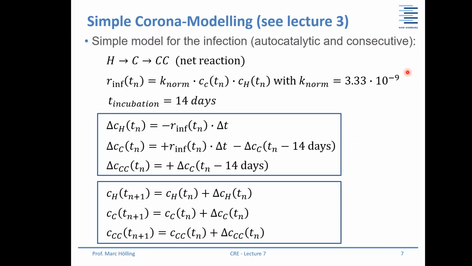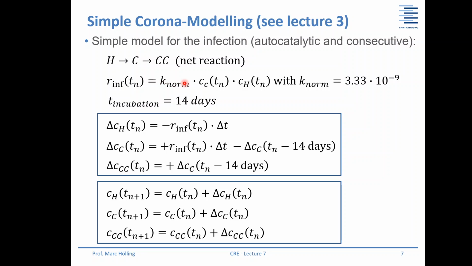And then in the last lecture, in lecture 3, I just showed you how you can model this. Okay, you have the healthy people. Healthy people can become corona cases. So corona means C. Then they can also infect other people. And after a while, they can become closed cases. So this is, for autocatalytic, I would call this a net reaction. And yeah, then the reaction rate, this can be